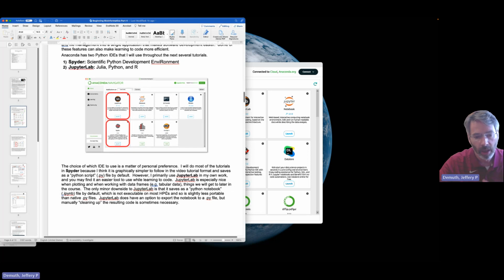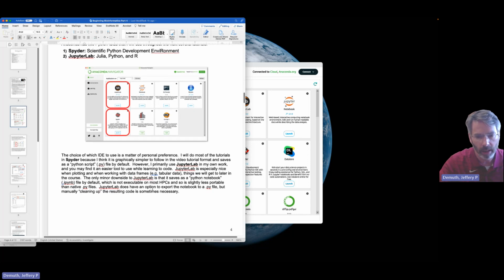And that's what we'll mostly use until we get to plotting and until we get to working with data frames, which you can think of those as Excel files or big tabular data. Those are also easy to visualize in JupyterLab, and so we will switch over for that. But ultimately, which IDE you use is a matter of personal preference. I don't know any technical reasons why you might pick one over the other, except for you know, each has their strengths and weaknesses, and I list a couple of them here. I'll let you read that on your own,